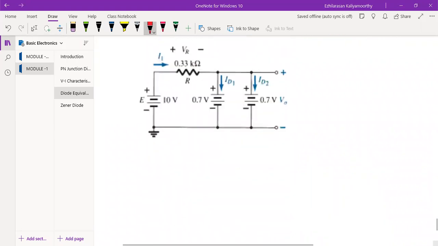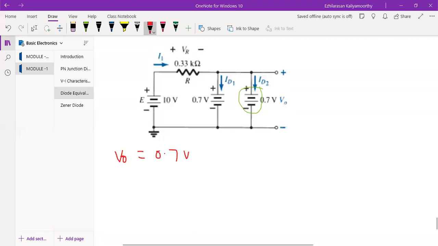So from this, let me see what V0 is. You see here, there is no resistance here. If there is any resistance, then easily you can find it. But here, across V0, we have only a voltage source. So from this, I can write V0 is equal to 0.7 volt. It's very simple. Straight away I can write V0. So the first parameter we got.